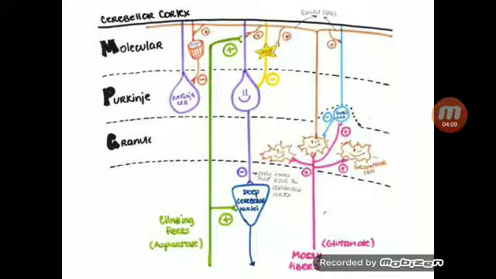Granule cells are excitatory neurons which send axons up into the outermost layer of the cortex, that is the molecular layer. Here the axons split into two and head off in two opposite directions. In the molecular layer, once activated, these axons of the granule cells stimulate the stellate cells and basket cells. Whenever activated, these stellate cells and basket cells release an inhibitory neurotransmitter, which in turn inhibits the Purkinje cells. They also give off axons to Purkinje cells and stimulate them, which in turn will inhibit the deep cerebellar nuclei.